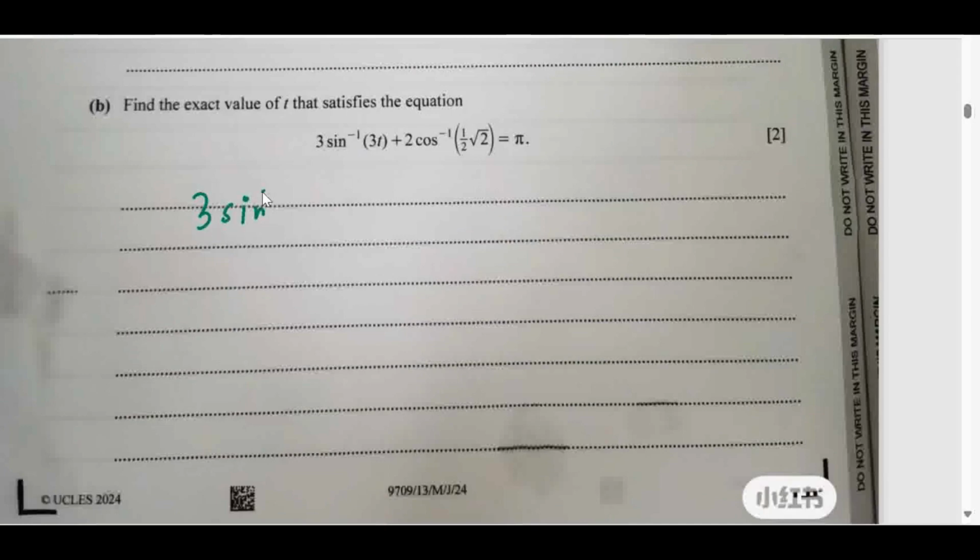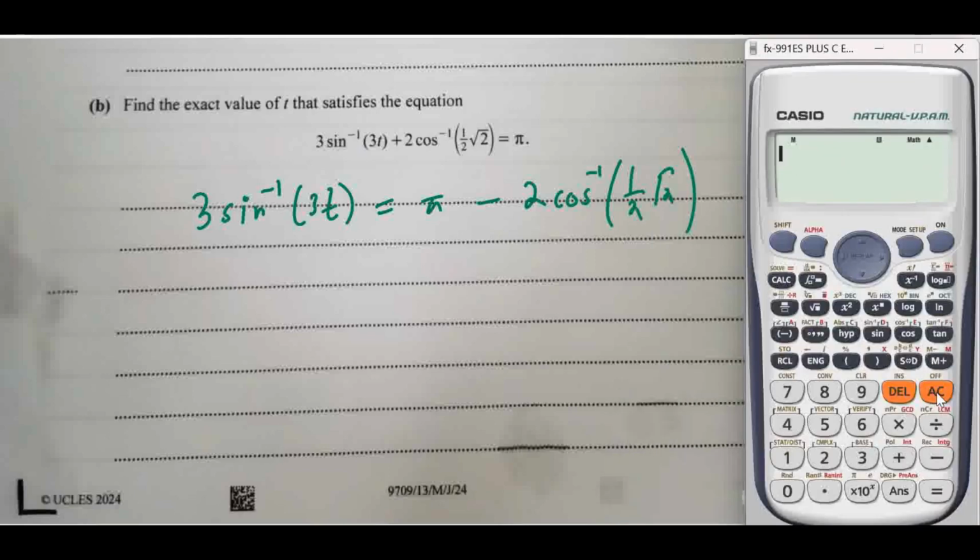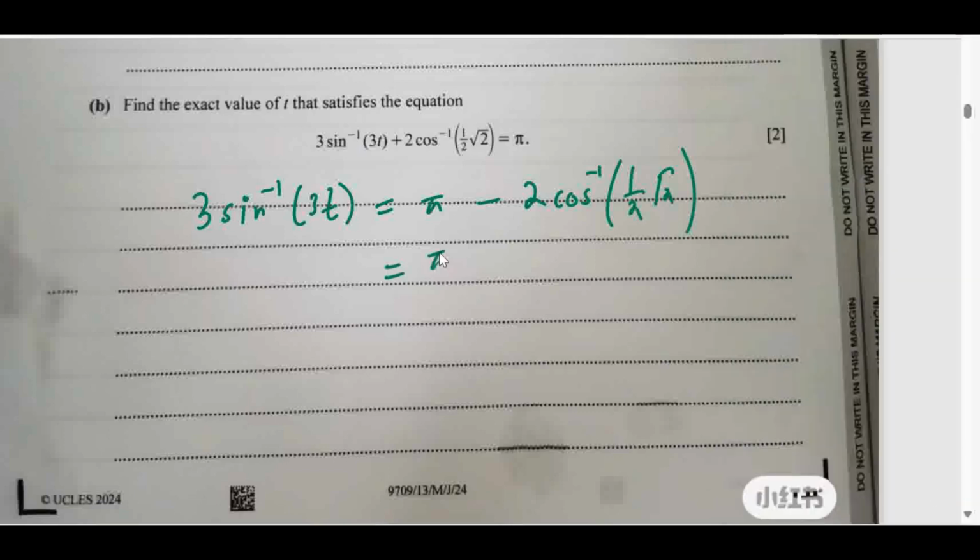So 3 sine inverse of 3t is equals to pi minus 2 cos इनवर्स ऑफ 1/2। सो जो आपको कांस्टेंट जिसमें है, जिसमें अननोन वेरिएबल नहीं, उसको हमने सेपरेट कर लिया। सो इसको सिंप्लीफाई करें, सो दिस विल बी pi माइनस 2 cos इनवर्स ऑफ स्क्वायर रूट ऑफ 2/2। तो दिस विल बी इक्वल्स टू pi/2। अब इसका आंसर आ रहा है ओवरऑल pi/2।